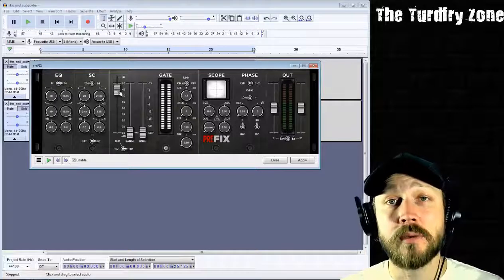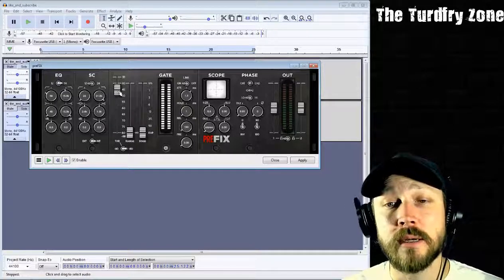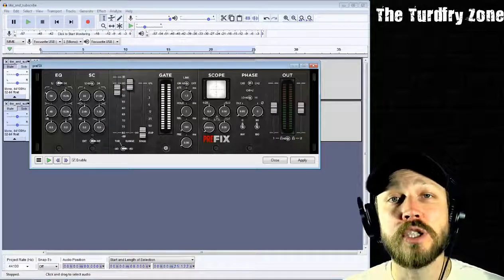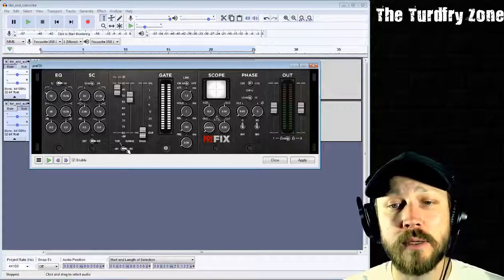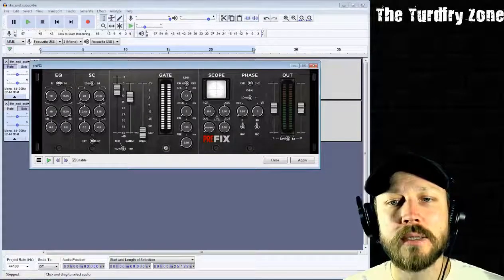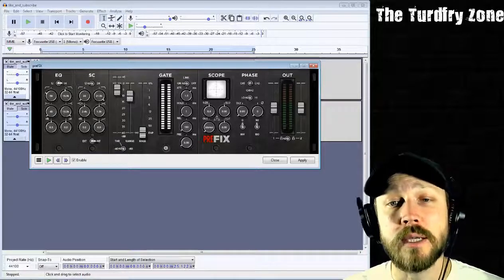So anything below negative 45 decibels is going to be reduced or cut off entirely. This is how much reduction you're looking to achieve overall. But you can actually get a better idea of what this is, I think, with this in the negative 40 range, where you can see what this is associated with. So if we wanted to only chop off about 10 dB of that noise floor, we could do that.